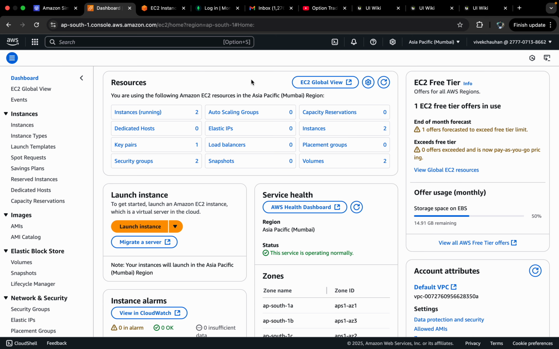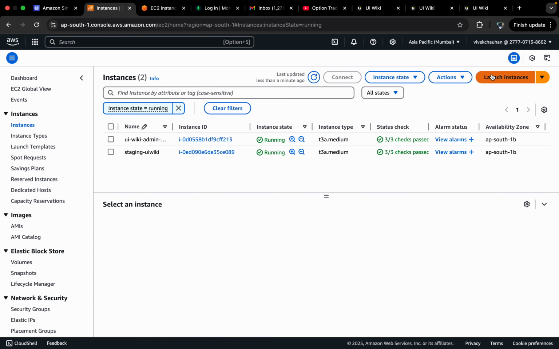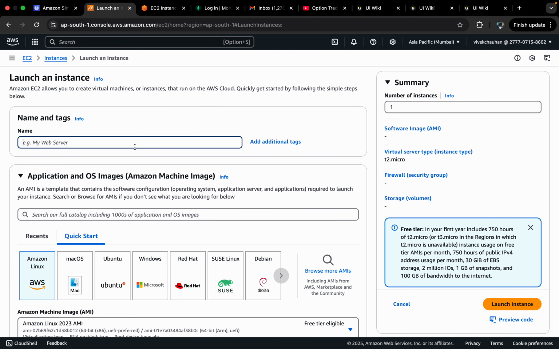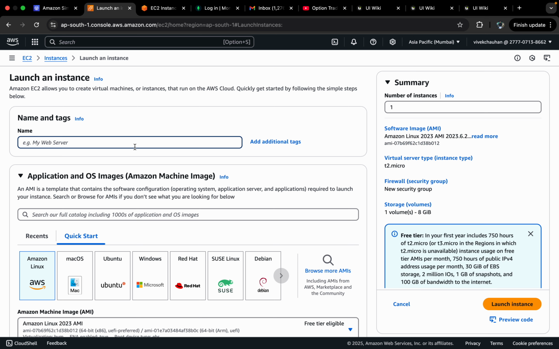In whichever location you have to create your instance, select that location from here. So let's go to instance and then launch instance. Create the name of the instance you are going to create. So let's name it test 1